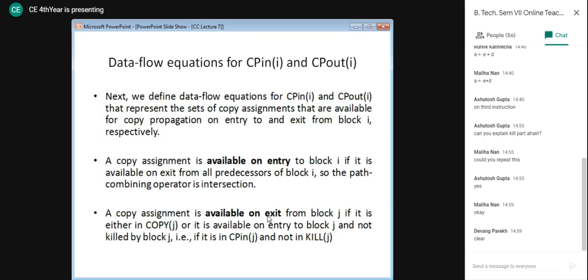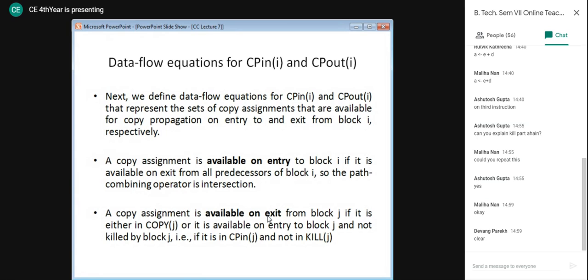Now let's have a look at what CP out is. CP out means all the copy assignments that are available on exit from a block. We can say that they are available if they are either in copy, or they are available on entry and they are not killed by the block. So here we will have to take a union of copy and in of the block minus kill of the block.